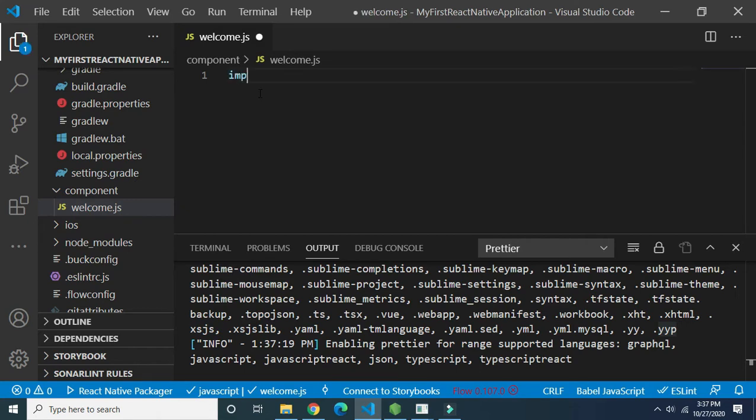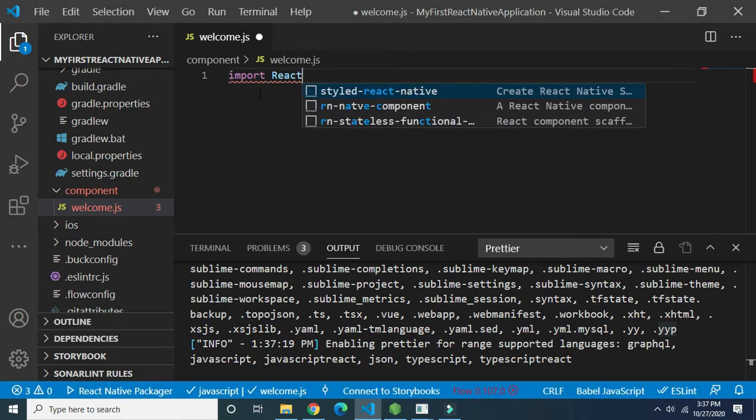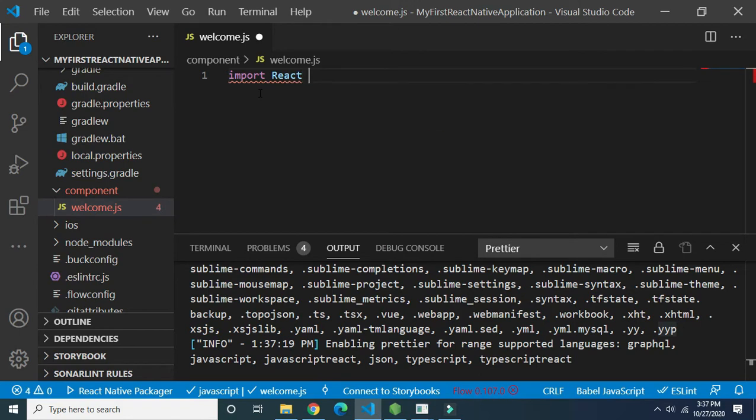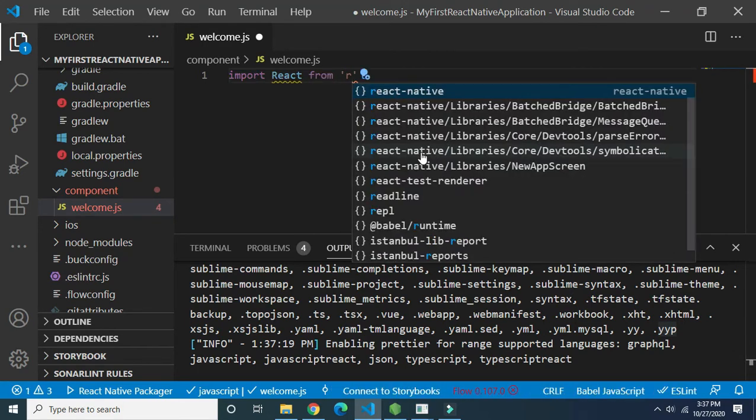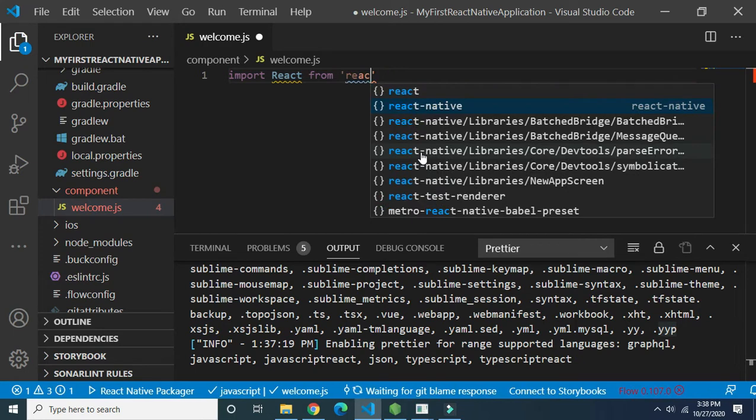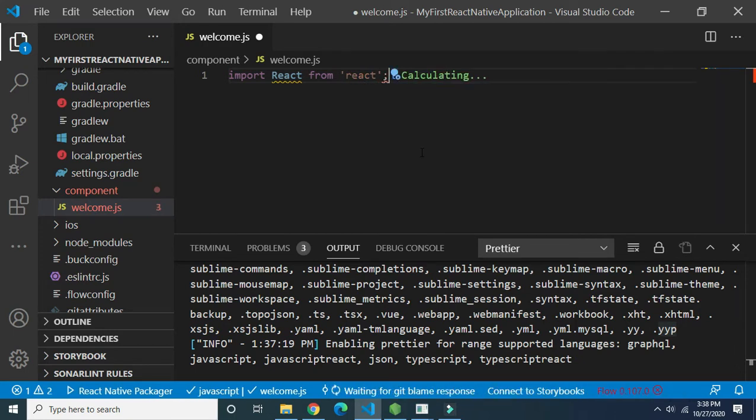Initially you have to import the React package. In our last session we already discussed that the React package definition is stored in the react module. So import React from 'react', and here you give a semicolon. Then we have to display hello world, which means we have to use a Text component as well.